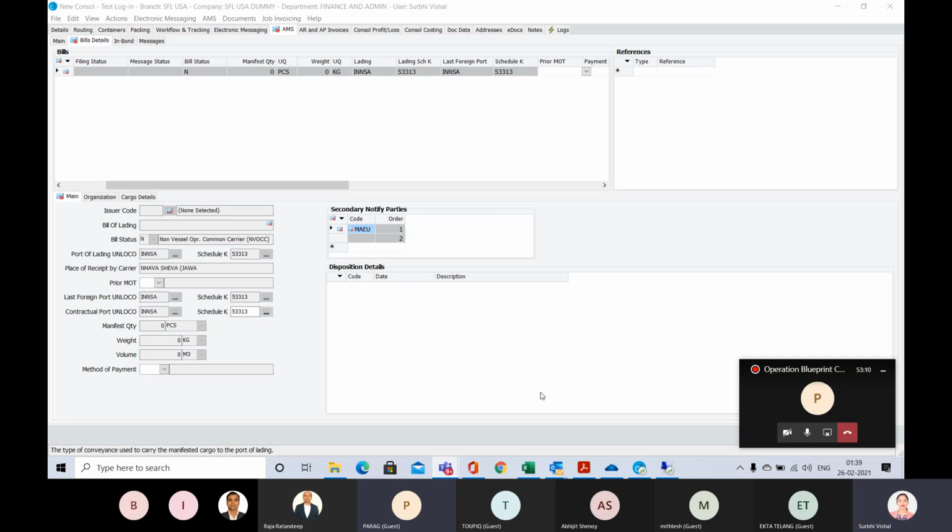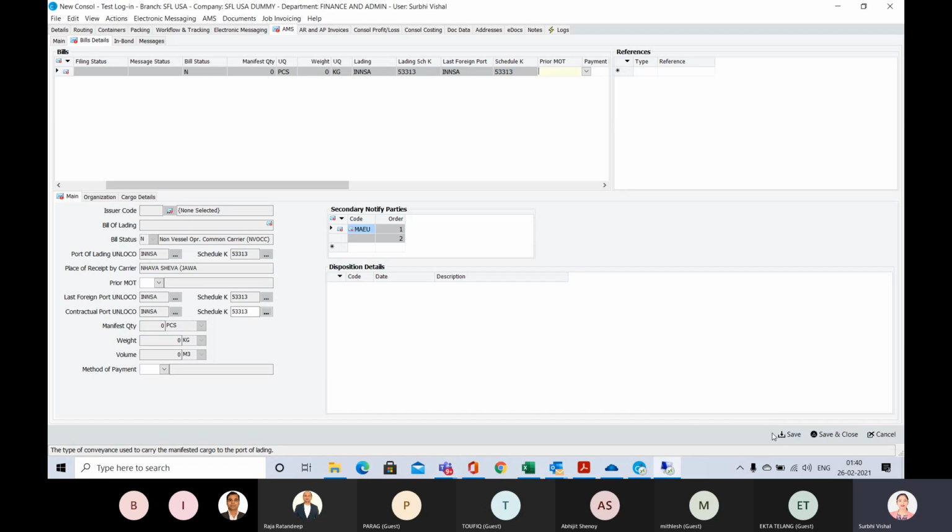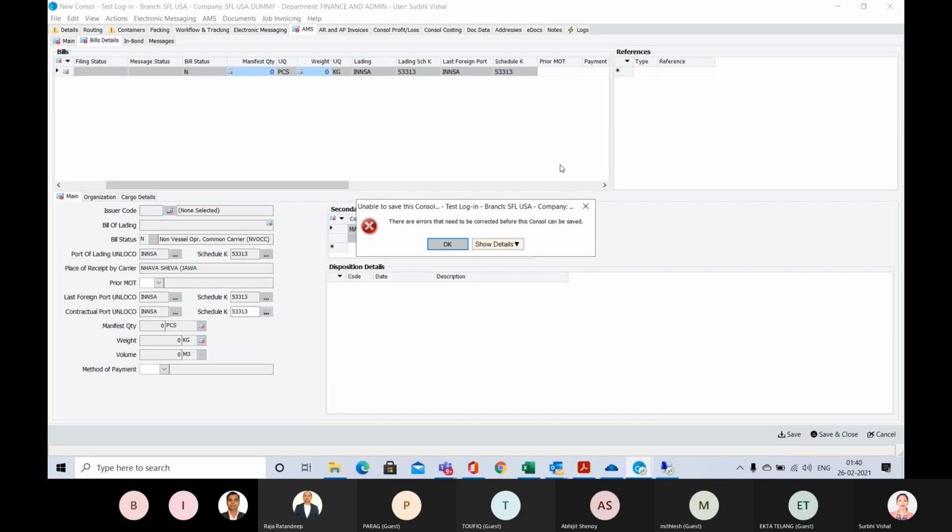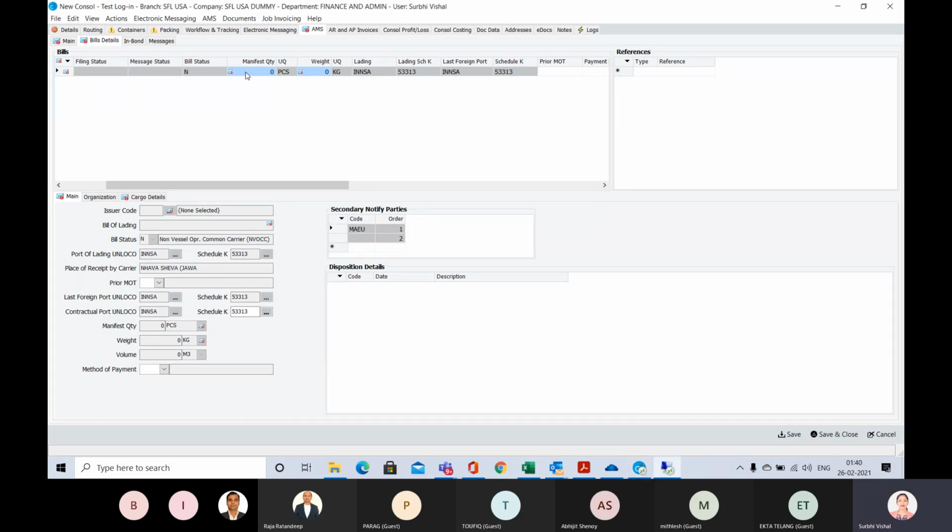Yes, you will get the notification that the vessel has been changed and the vessel date has been changed. But for AMS, Parag, what you have to do, just a second, guys. Let me save this and I will take you. It's giving me error.